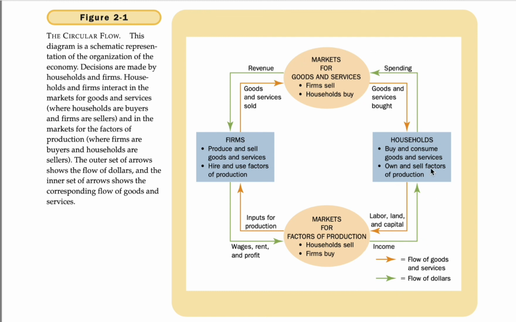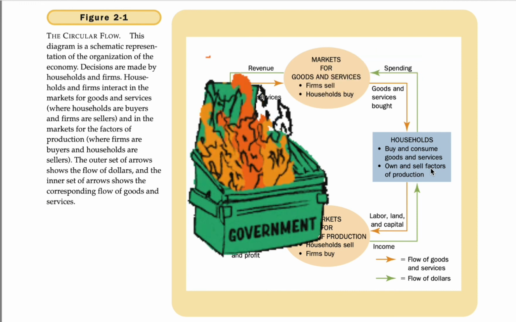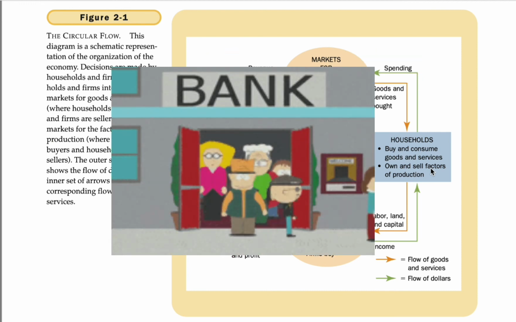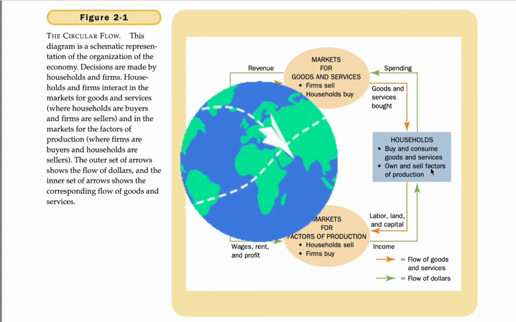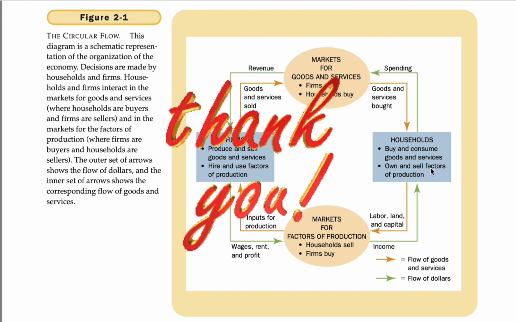This is a two-sector model. There can be a three-sector model where we add government as well. There can be a four-sector model where we add banking institutions as well. There will be a five-sector model where we add export and import or the foreign sector as well. There are leakages and injections in this model, which we will explain in the next part.